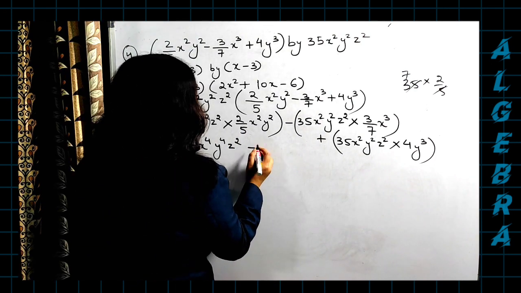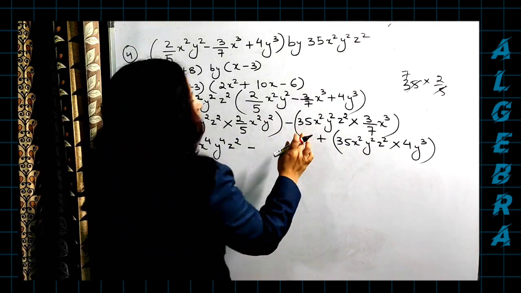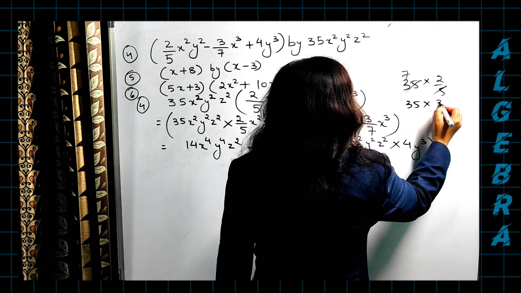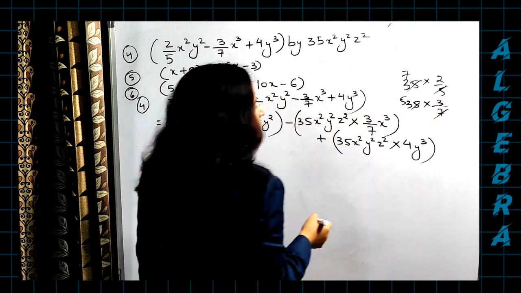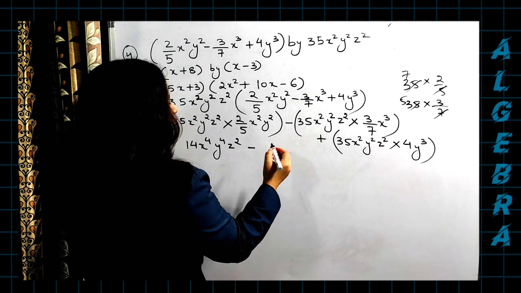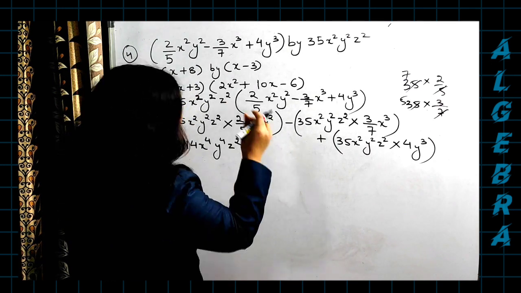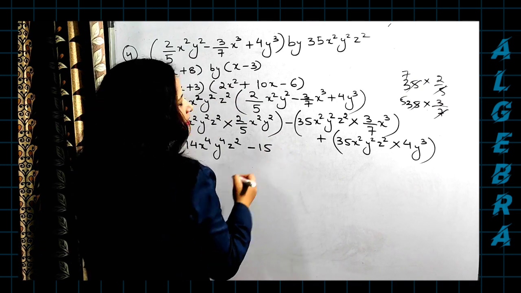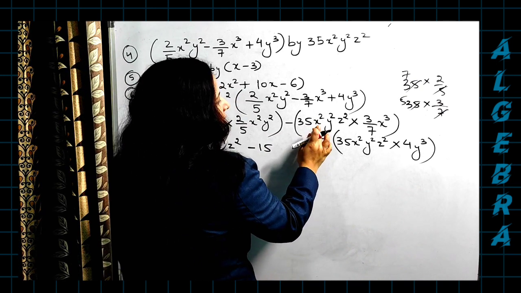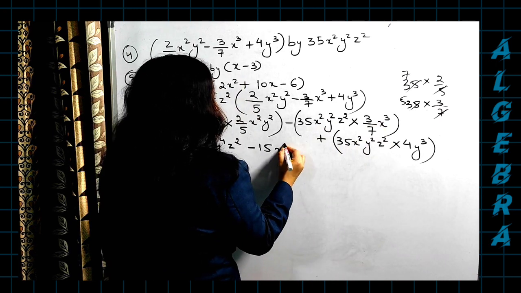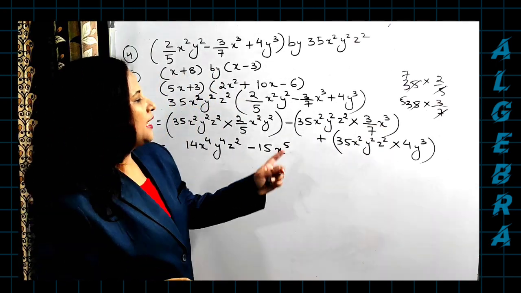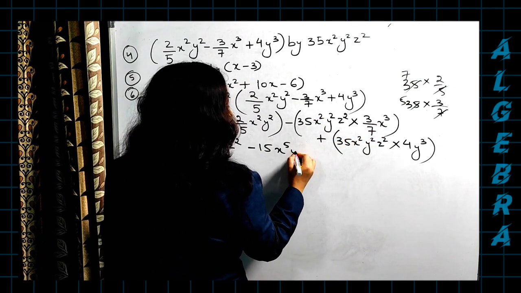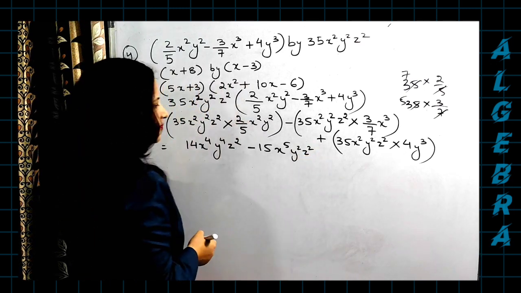This part is over now. Let's come to the next part. Now here 35 multiplied to 3/7. 7 5s are 35. 5 3s are how much? 15. But now put it inside the bracket, it's better. Otherwise here there is no minus and you can open the bracket now only. So 15 is the number part you got. Now x² and x³: x to the power of 5. But y², z² is single. There is no y and z here in the next one, so you can just write y², z².